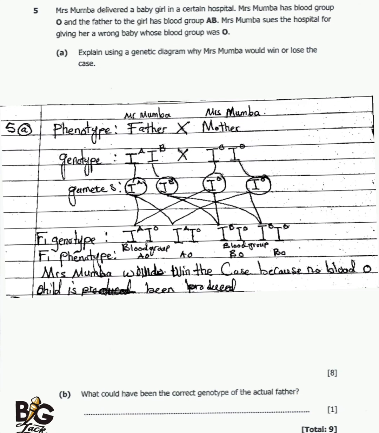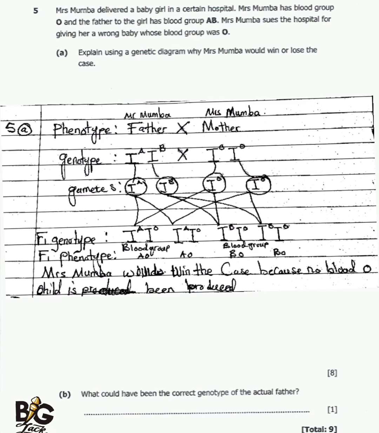A child with blood group O. Remember, I was saying blood group O exists as homozygous recessive, which means here we are not going to have a blood group O child, which means Mrs. Mumba is going to win the case. So in this case here, I'm going to say